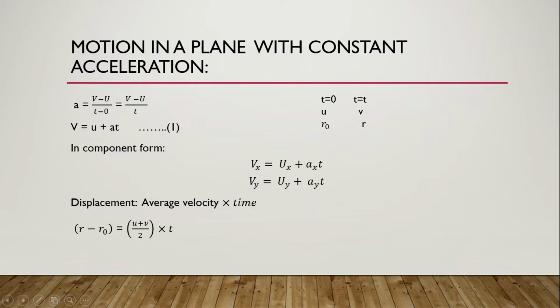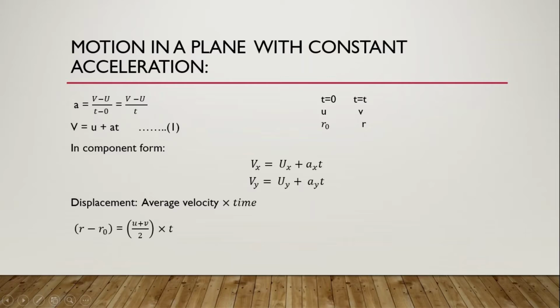So a is equal to v minus u divided by t. Just cross multiply, then you will get at is equal to v minus u. By that equation you can write v is equal to u plus at, right? Call this equation number 1. This is similar to the equation we discussed in the previous chapter,